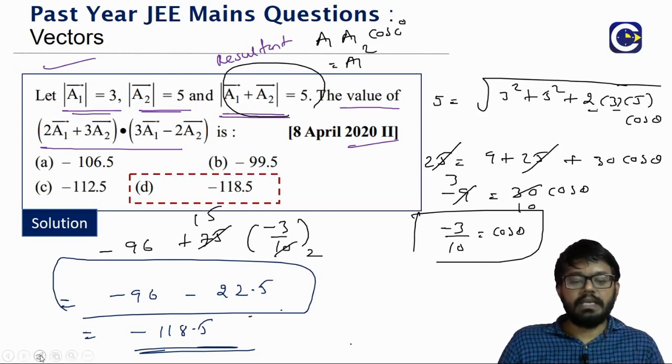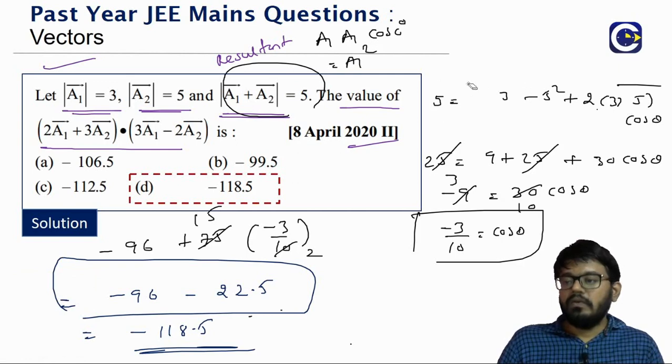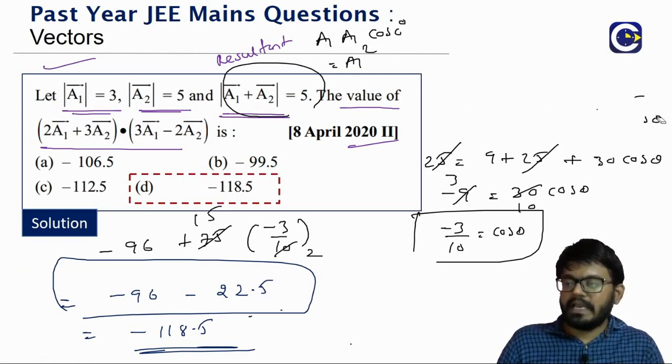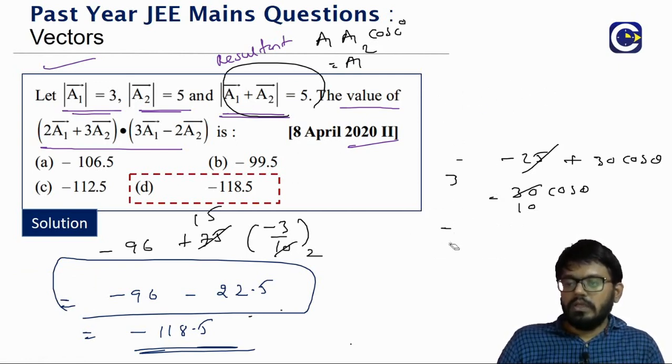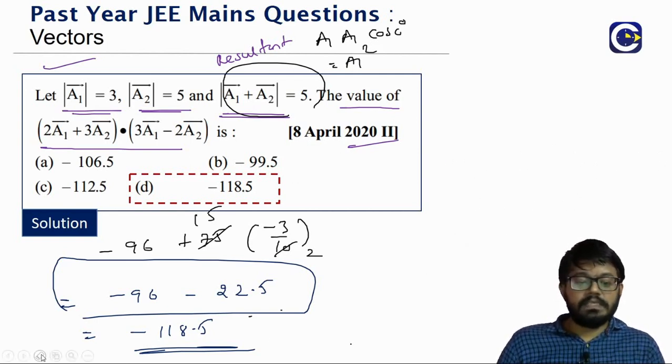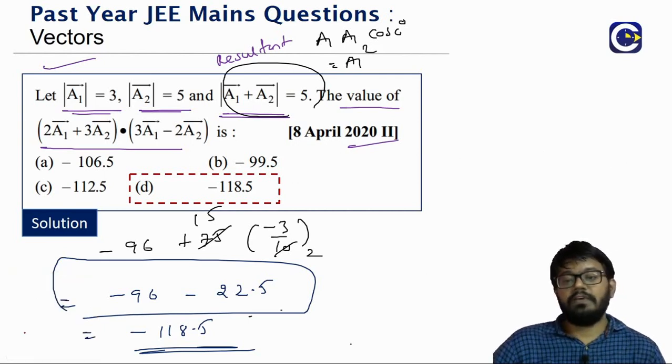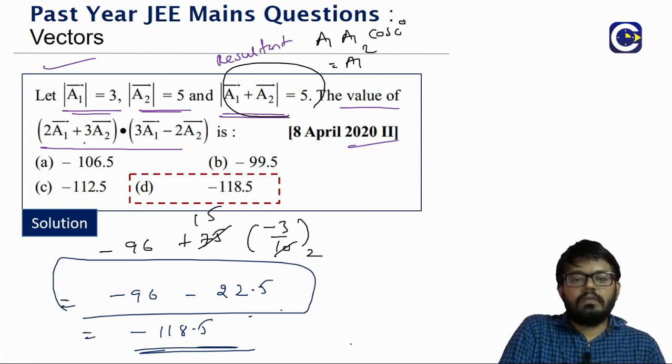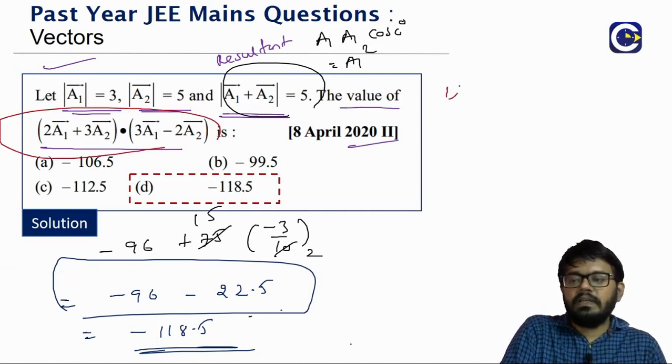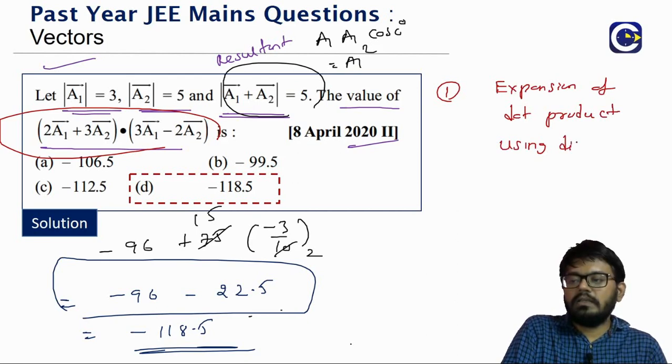So in this question, what we are doing, whenever you practice a question, make a habit to look at what the concepts involved are and how you are able to apply them, because this is what will really make you ready for the JEE Advanced. So when you are looking at it, first thing is what? There is an expression. In that, the expansion of dot product using this distributive law.